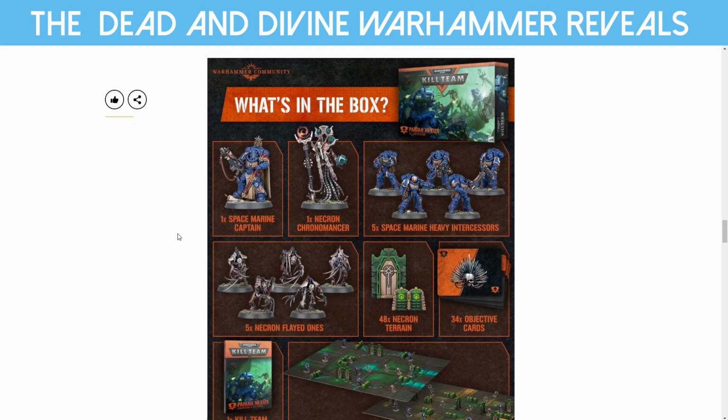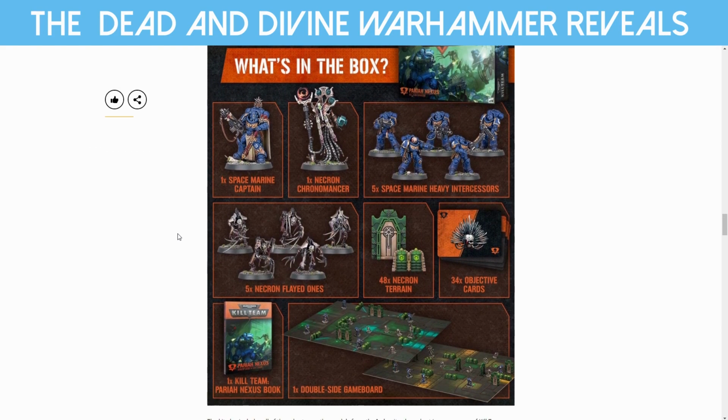Here we go. We've got the box itself. So you get a Space Marine Captain and 5 heavy intercessors, so a full squad there. A Necron Chronomancer and a unit of flayed ones. 48 bits of Necron terrain. So this is just bits that you put around. Objective cards, a kill team, and a double-sided game board. So it looks like